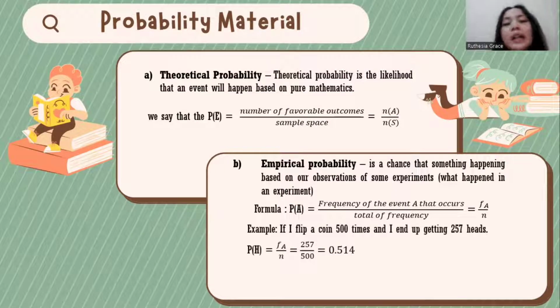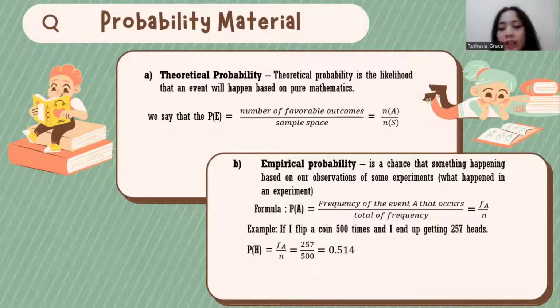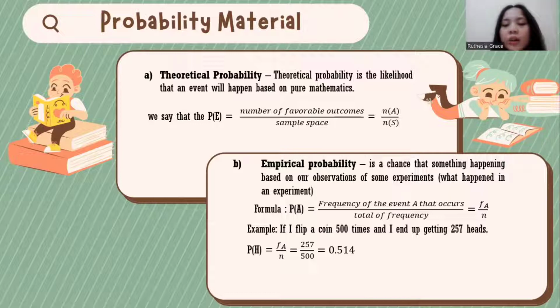For example, if I flip a coin 500 times and I end up getting 257 heads, the probability is equal to the frequency of the event A that occurs, which is 257, over the total frequency, which is 500. So we got 0.514. So that is the probability of